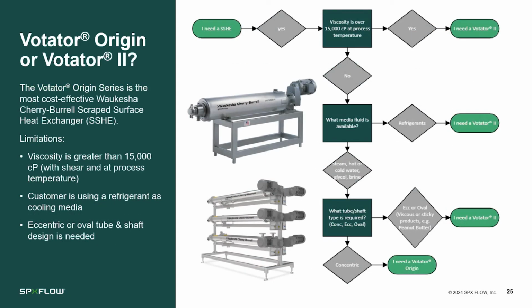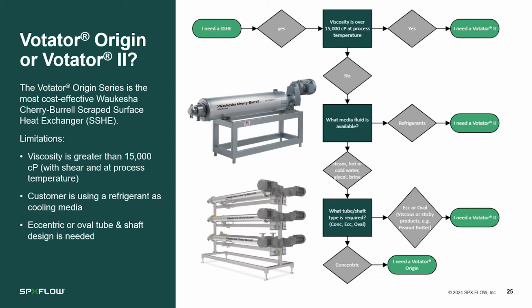So Steve touched on now a little bit more focus on Votator II versus Votator Origin. And prior to that, we talked about scrape surface heat exchangers versus tubular and plates. So let's say for a moment that we've already decided we need a scrape surface heat exchanger for our application. What are some questions you would ask in order to determine if you're going to be in a Votator II or an Origin? So of course there are many, but three basic ones that I would start with are: first,